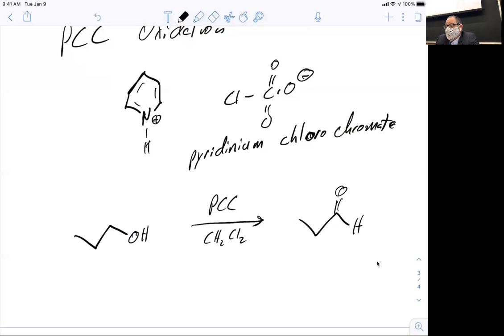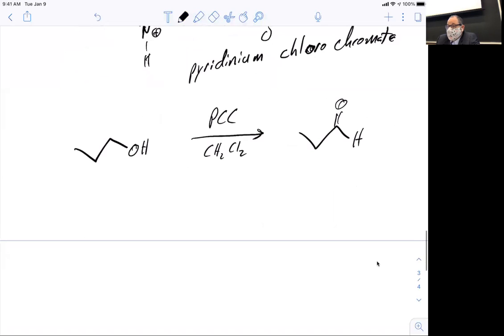Now, the first step of PCC oxidation is very similar to that of the chromic acid. So therefore, we can also take secondary alcohols with PCC and end up with ketones. Questions about the